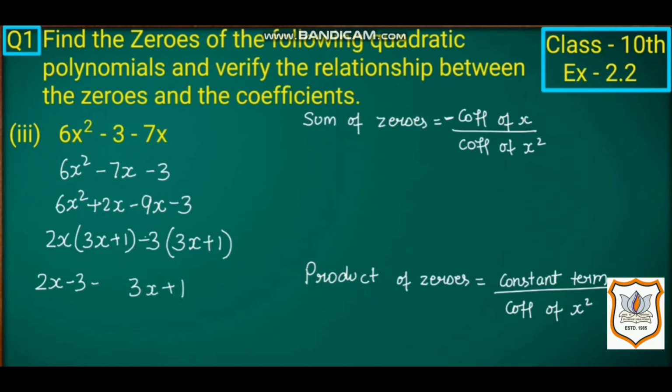So now we have to equate both the terms to 0. So 2x minus 3 equals 0, and 3x plus 1 equals 0. So 2x equals, that minus 3 will